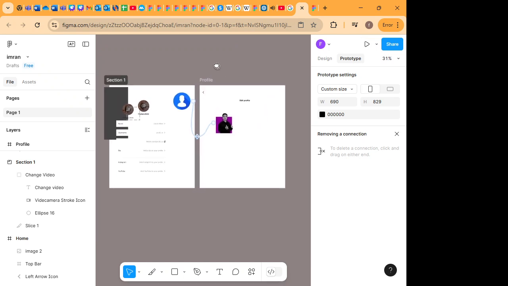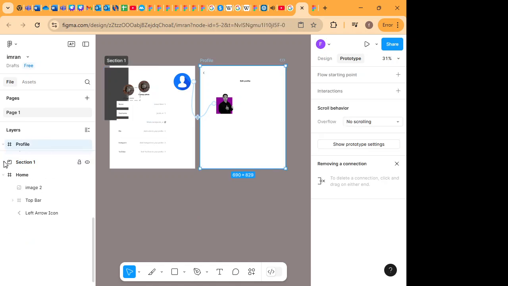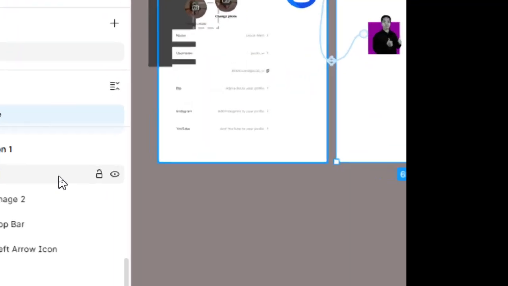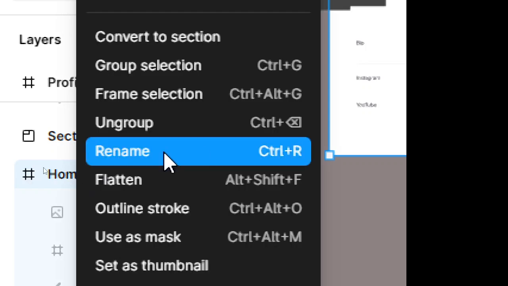Okay, if you have the third screen, now I have two screens, right? Home, profile. If you look here, we have home, profile. If you have the third screen, let's say the third screen is, if we duplicate,